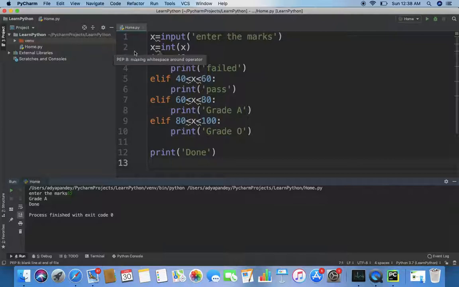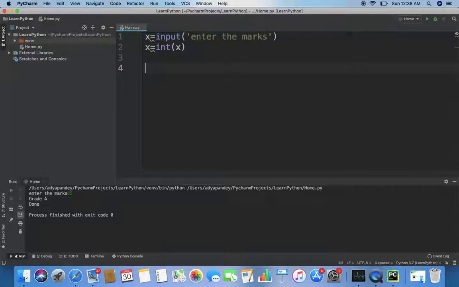Keep the first two lines, and remove all these other things. So we have entered the marks. Instead of this, we write enter a number. Okay, and the program is simple. It's just checking whether the number is a single digit number or a double digit number. So write if